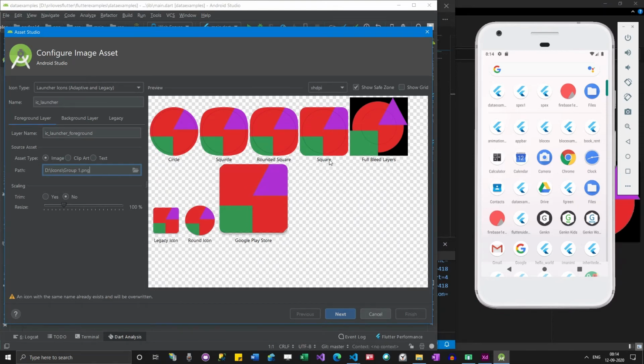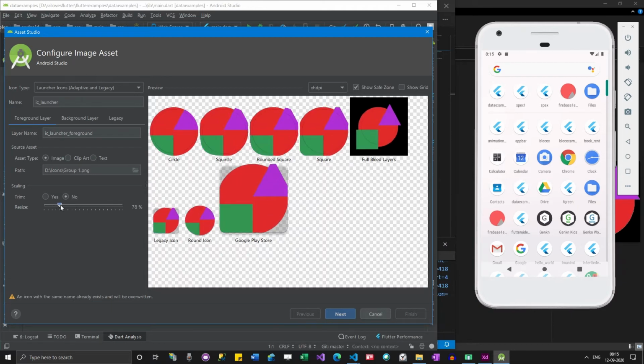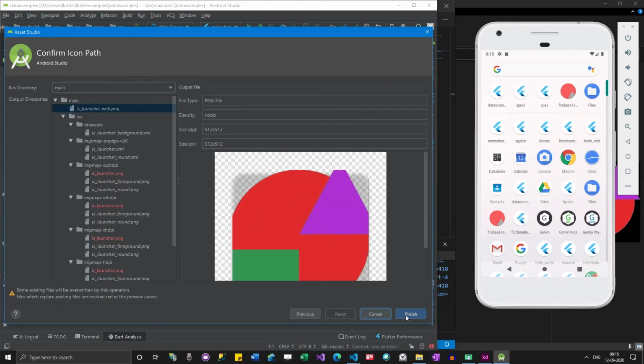Okay, so just ensure that, you can see a transparent circle over here, right? Just ensure that everything is covered. Make sure there are no gaps from this circle point of view. If you do this, you can see that the circle went outside. If I release this icon, there will be some gap appearing. What I observed is it will try to fill some default color for this gap. I really don't want that, so I can just make it large enough so that it will fill inside that circle. Okay, so now this is fine, and I'm going to click next and then finish.